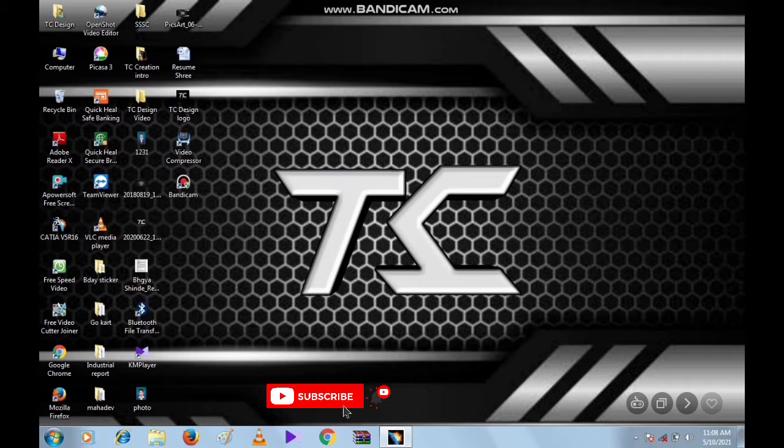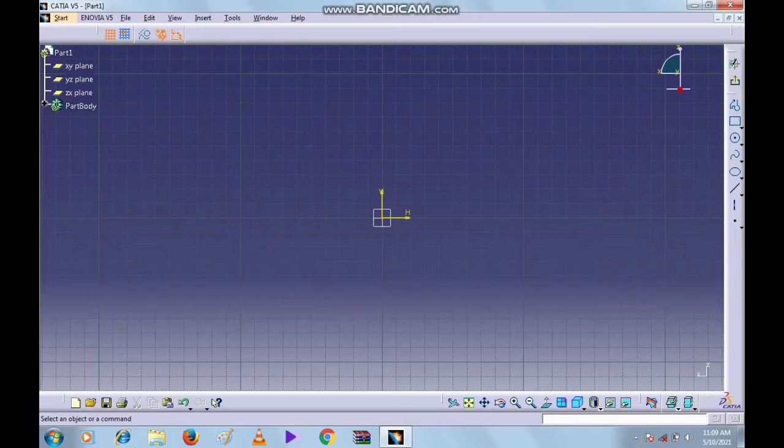Okay, now let's start the session. First of all, we will open the CATIA software, and after that enter in Sketcher workbench. This is a Sketcher workbench. Now this is the profile toolbar. In the profile toolbar there is spline command. This is a spline command, and this is a drop down button of spline. Just click on it and the spline toolbar comes out.